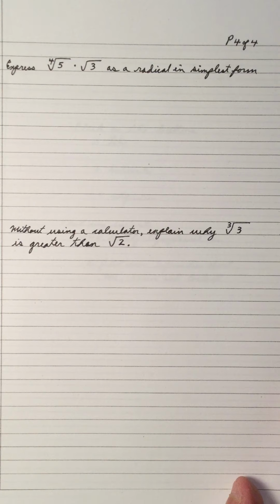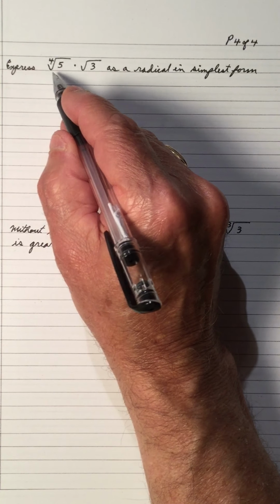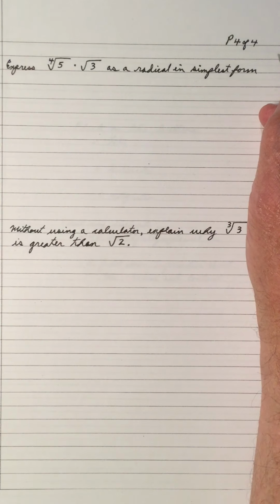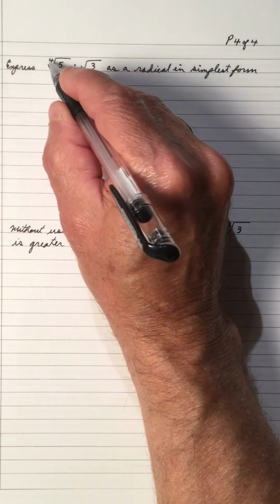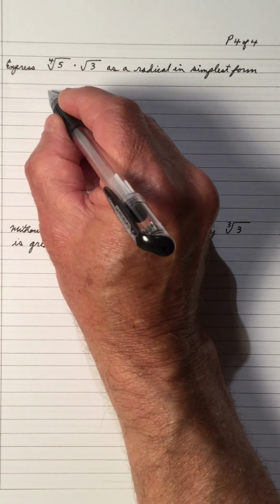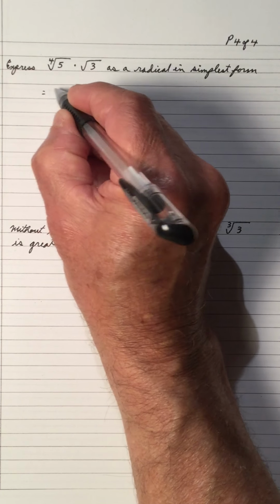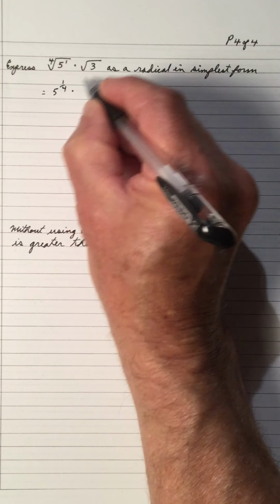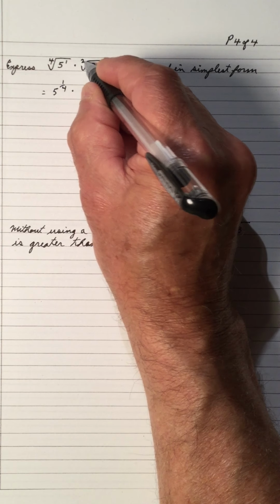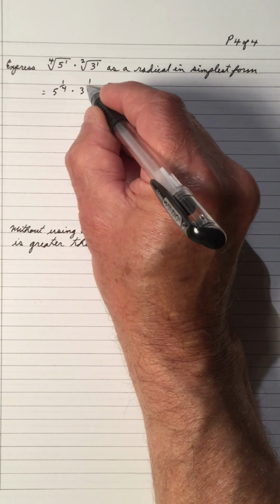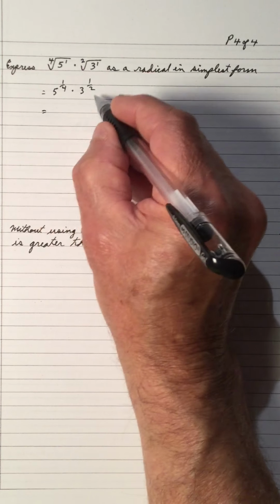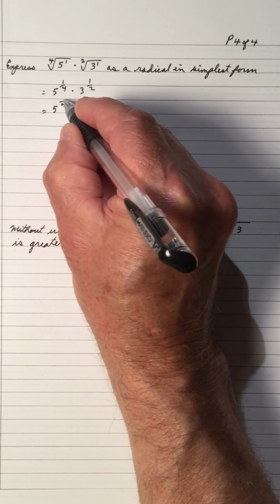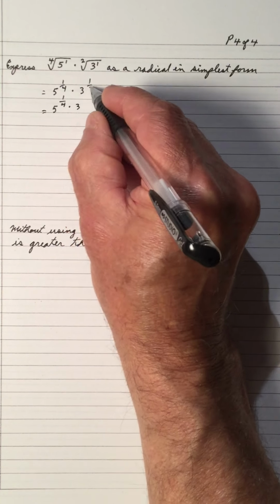And the final page. Express the 4th root of 5 times the square root of 3 as a radical in its simplest form. Notice we can't multiply these because they're not the same roots. So let's change them to exponentials. So that's 5 to the 1/4 times, that's the square root, so that's a 2 and that's a 1, so that's 3 to the 1/2. And if we make them with the same denominators, that's a 1/4, and a 1/2 is